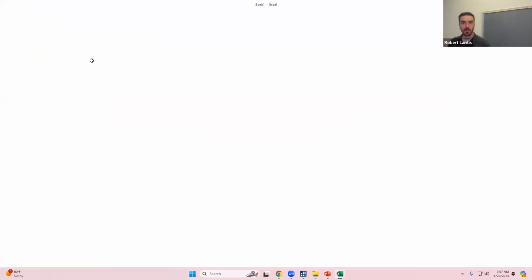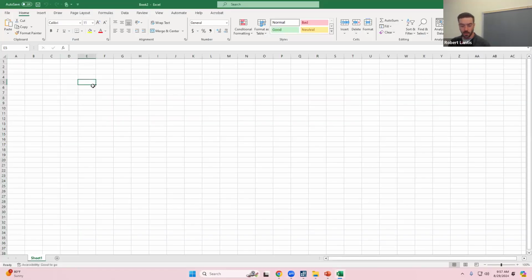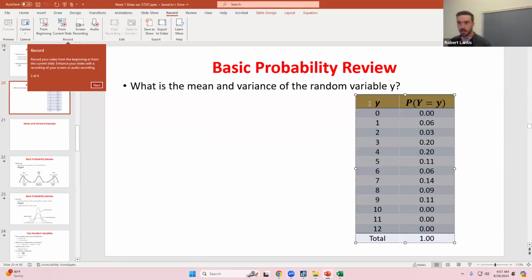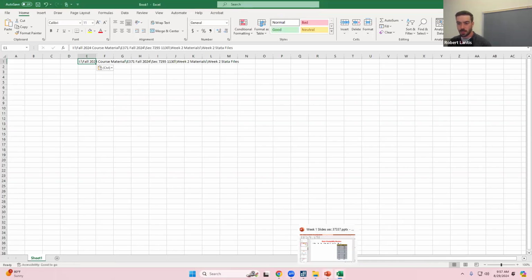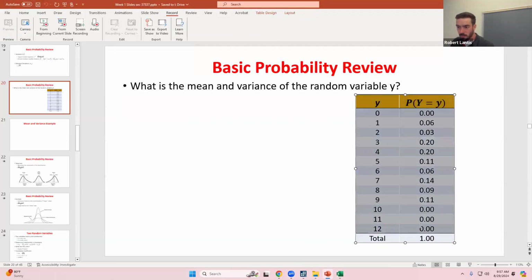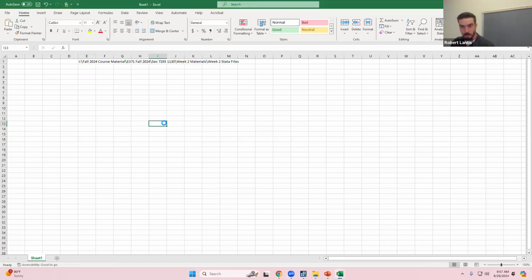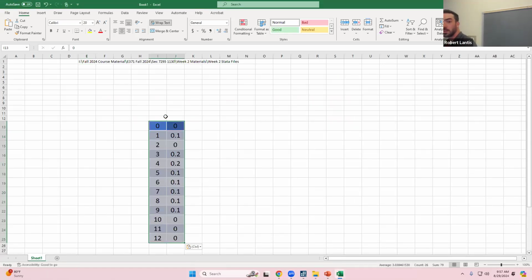So you guys can't see what I'm doing here. I'll show you once we go back, so you'll have to trust me right now. So if I were to go through, I can probably show this to you so you can see what I'm doing. I just copy and pasted those values from the PowerPoints.